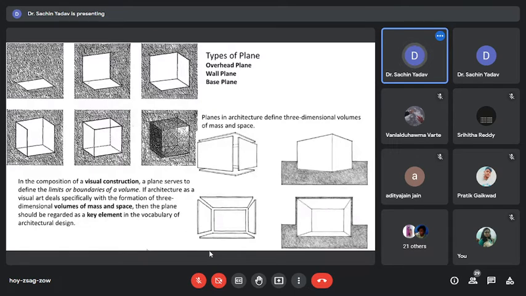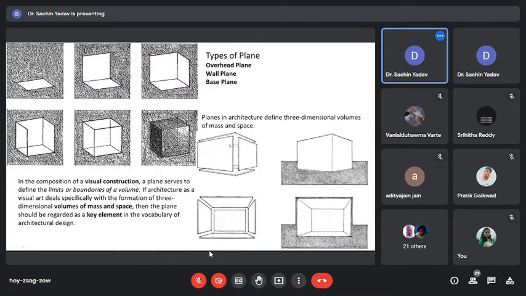So the plane can have different properties, as well as their spatial relationship to one another, which ultimately determines the visual attributes of the form they define and the qualities of the space they enclose. So overhead plane